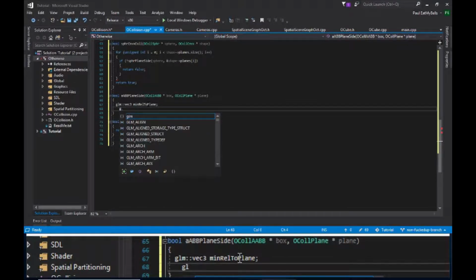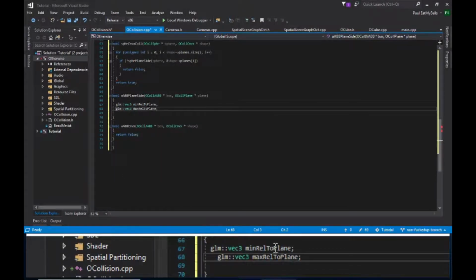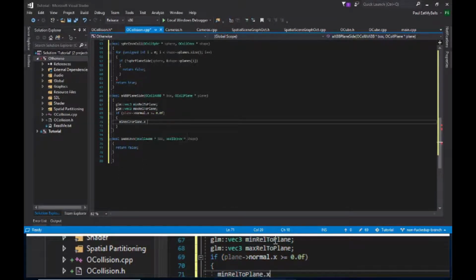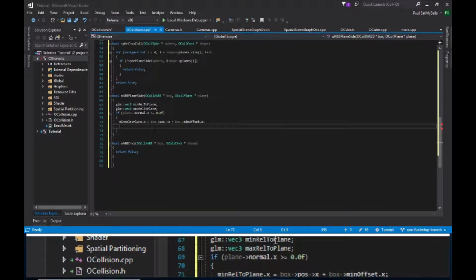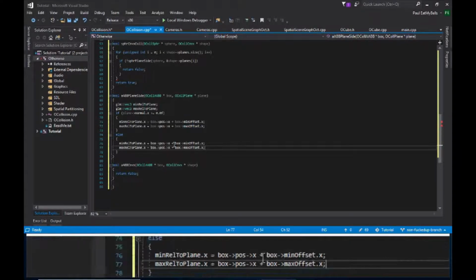Next is testing an AABB against a plane. First, we create 2 new vec3s called min and max relative to the plane. If the plane's normals are greater than 0, then the position plus the min and max relative to the plane remain the same. If not, then the min and max are switched because the plane is pointed in the negative direction rather than the positive direction, which means that since the boxes are set like minimum XYZ, maximum XYZ,